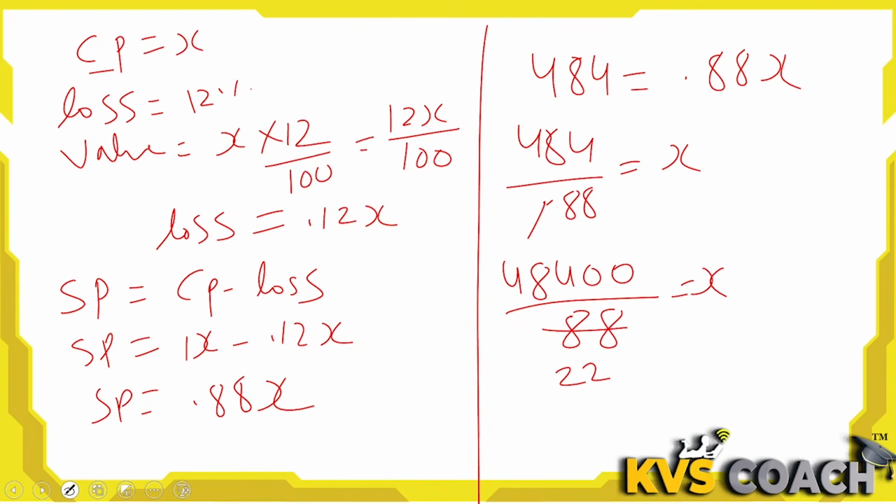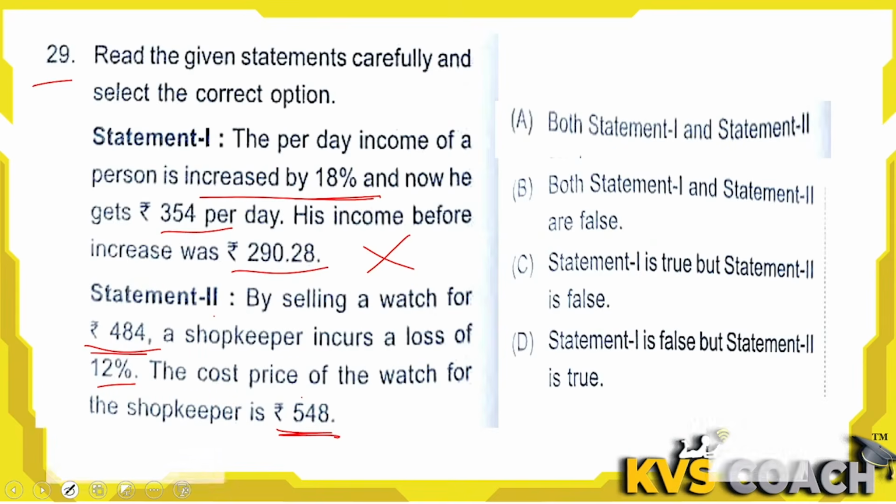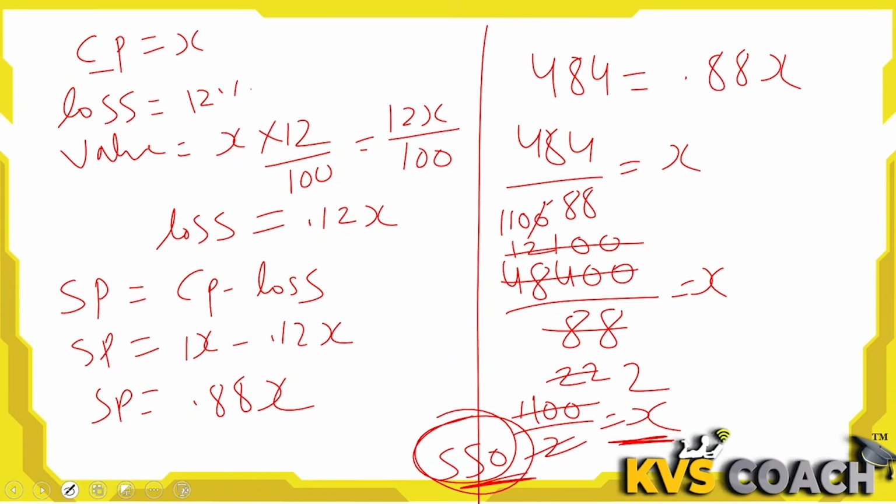4 2s are 8, 4 2s are 8, 4 1s are 4, 11 2s are 22, 11 1s are 11, 1100 by 2 is equal to x. तो ये कितना हो जाएगा? 550. ओके, सो दिस इज वैल्यू ऑफ एक्स इज 550. एक्स की वैल्यू कितनी आ रही है 550 और गिवन वैल्यू कितनी है दैट इज दे आर सेइंग दिस इज 548. सो इफ दिस इज 548 वैल्यू गिवन इज बट हमारी वैल्यू क्या आई इसमें हमारी वैल्यू आ रही 550.